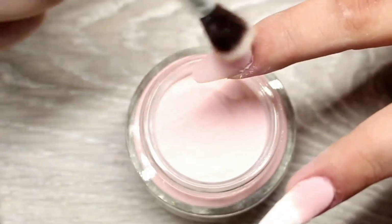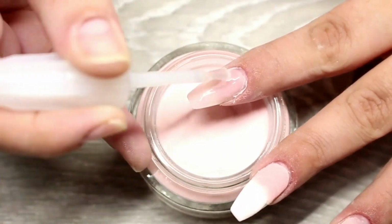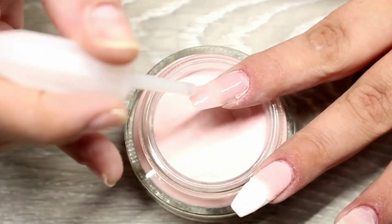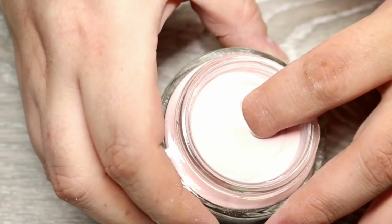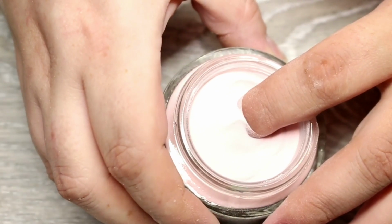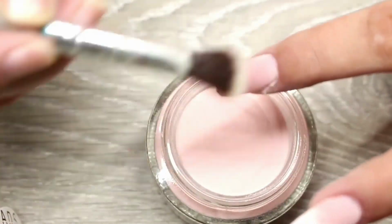But what I will say is I need to practice a little bit more because I found the apex area, I didn't quite get it as nice and neat as I like. So I wasn't quite sure if I had to keep adding the powder or if there is a specific way to build the apex. So that's something that I need to work on. But for my first time, I was pleasantly surprised with how easy this was. And compared to doing gel or acrylic nails, they were done in probably 15 minutes, which I think is an